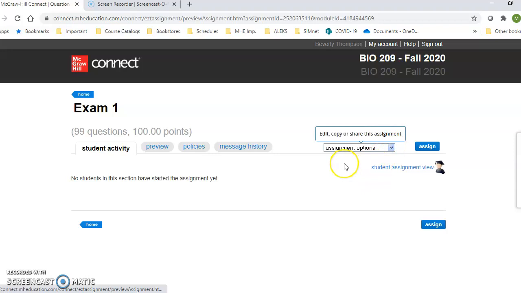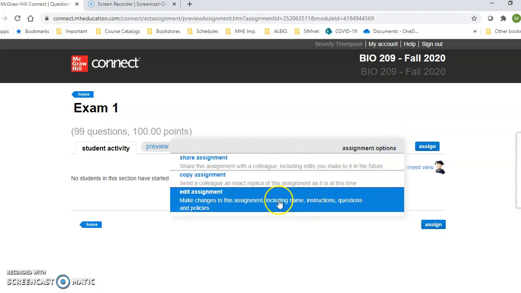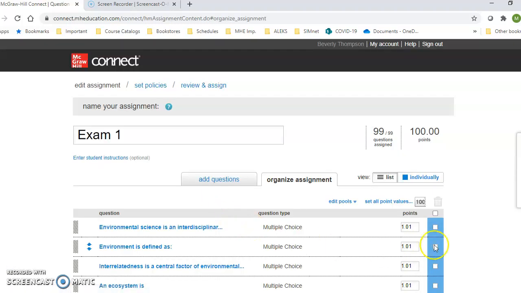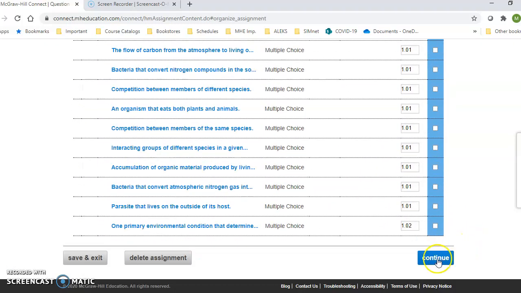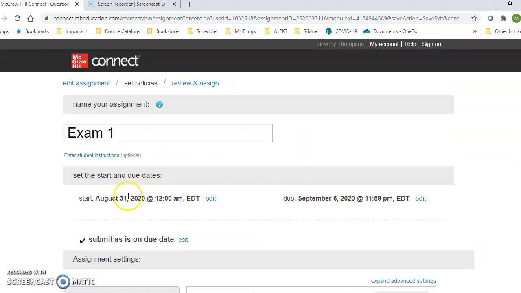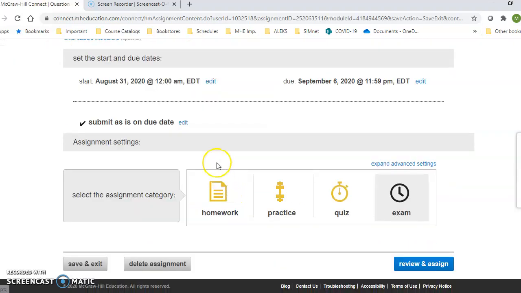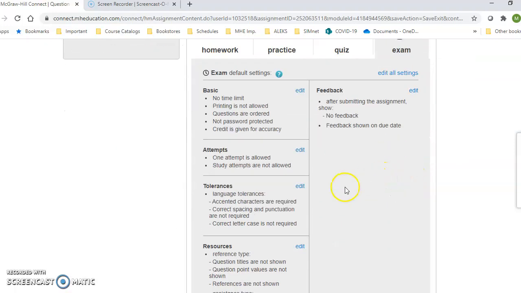So what you'll do is go into the exam, click here, Edit Assignment. Then you'll scroll to the bottom, continue. Here is where you can edit everything from the start and due dates and then any settings that you would like. So given that this is an exam, if you would like to, change the time limit to 60 minutes,